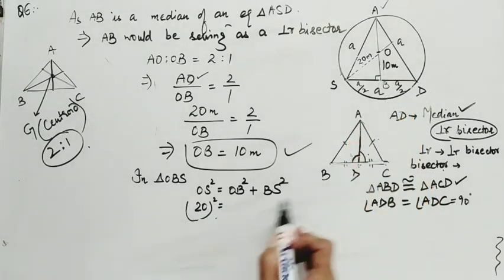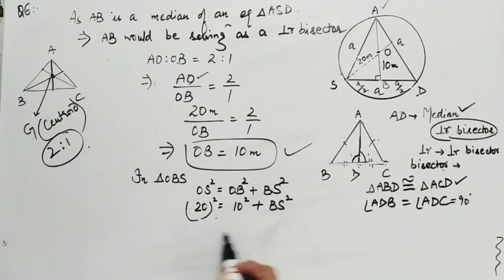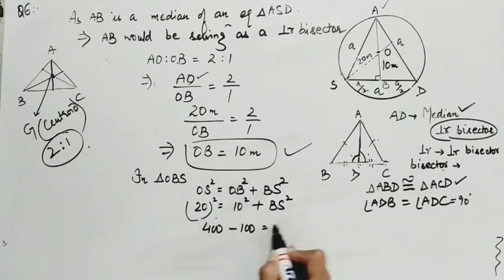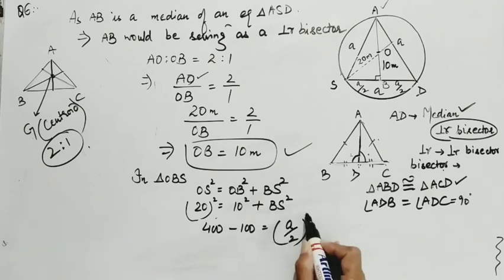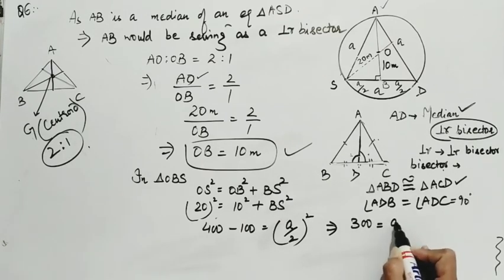OB is found as 10, square this 10, and BS square. 20 square would be 400. 10 square is 100, bring it to the other side. And BS square. BS is actually A by 2. 300, that implies 300 equals A square by 4,